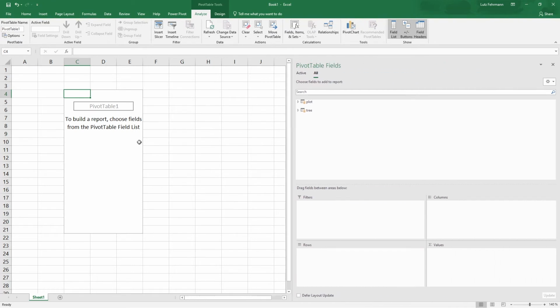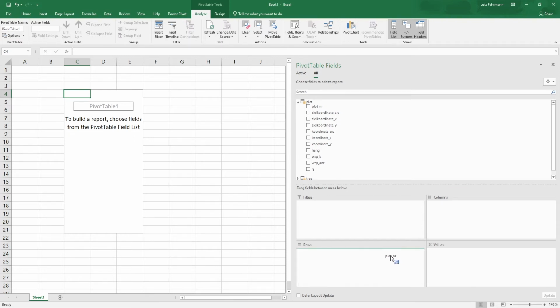So if we insert a pivot table here, then the usual way we work with such a pivot table is that we drag and drop some variables or categorical variables in the rows field, in the columns, or in the values.